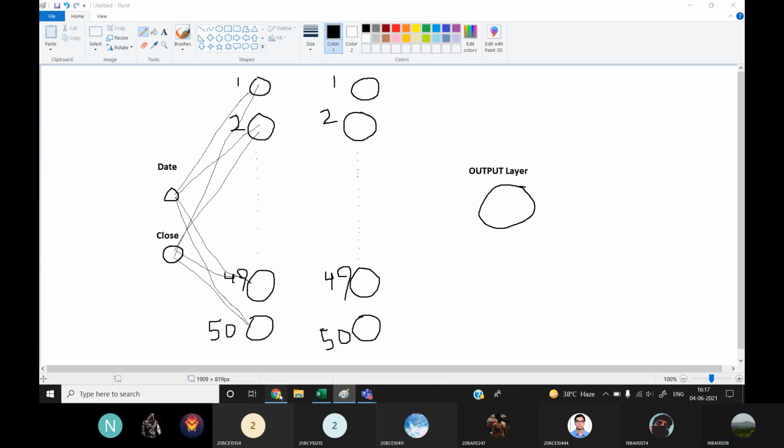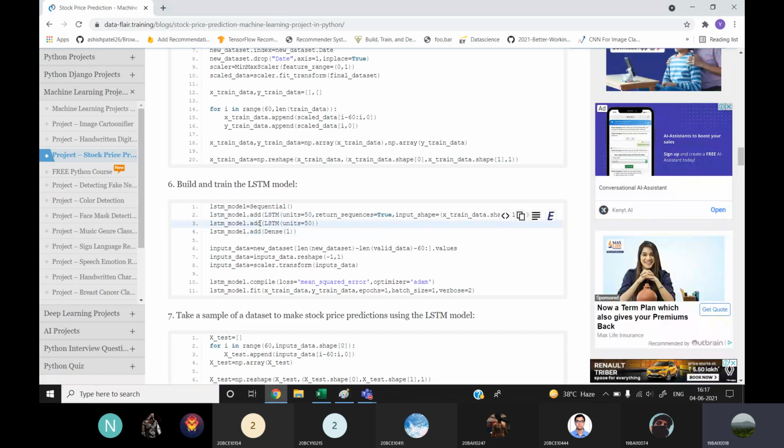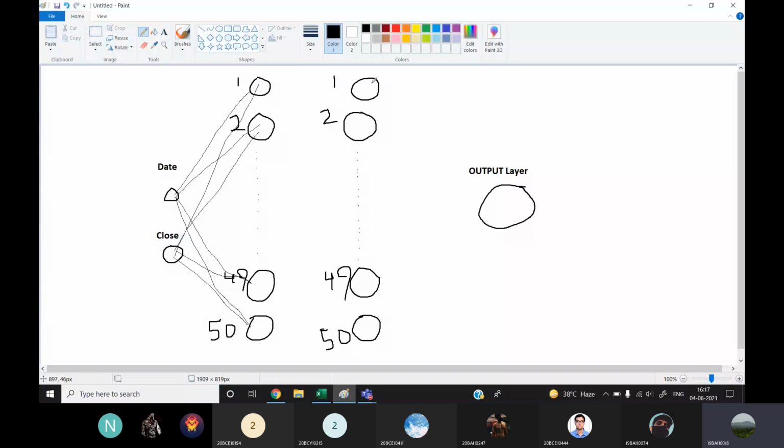Then in the next row, you can also see that lstm.add units is equal to 50, so again there are 50 units in the next layer also. That means the values from each of the first units will go to all the 50 units from the first hidden layer to the second hidden layer, and so on. I'm not drawing the whole of it.